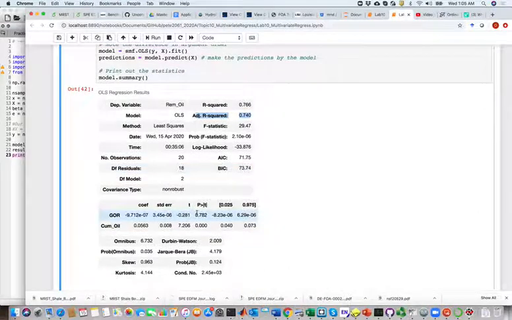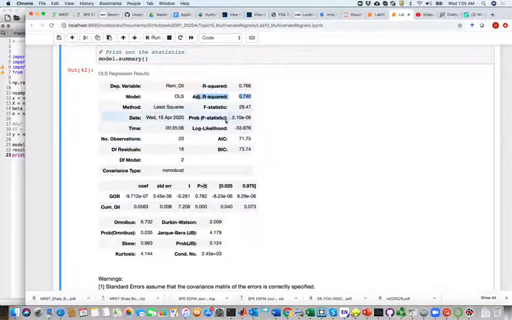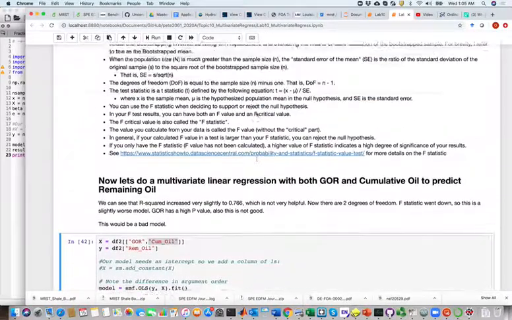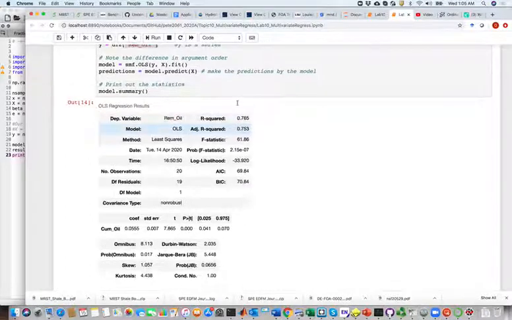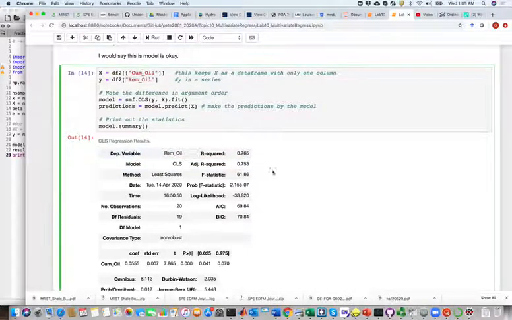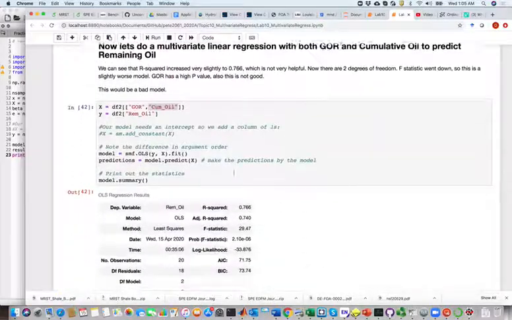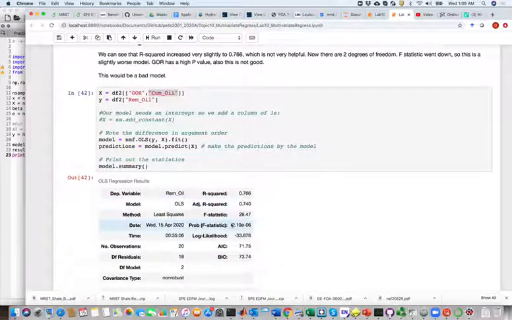There are other parameters that are also important here. F statistic, which I talked about before. The bigger it is, the better. So which one is bigger? It's 29 here. It's 61 here. So this is better based on the F statistic. Also based on the r squared value. The adjusted r squared value, the single variable model, the bivariate model is better than the multivariate